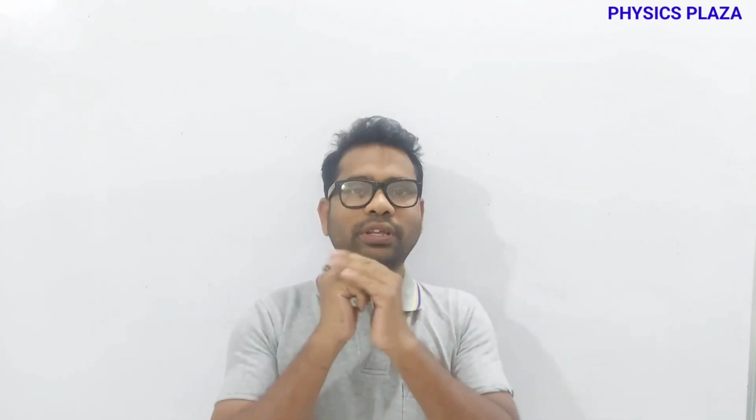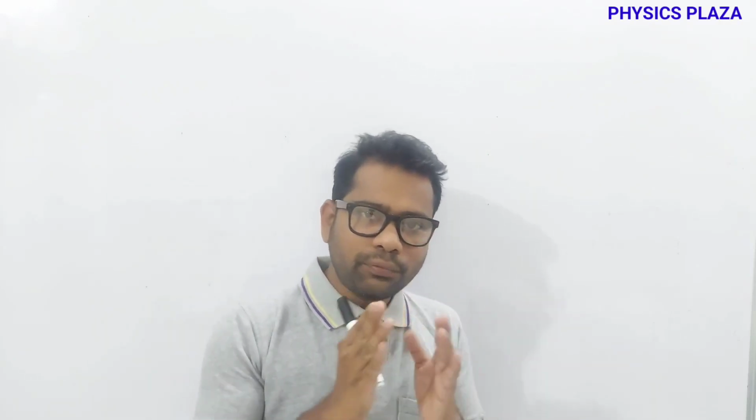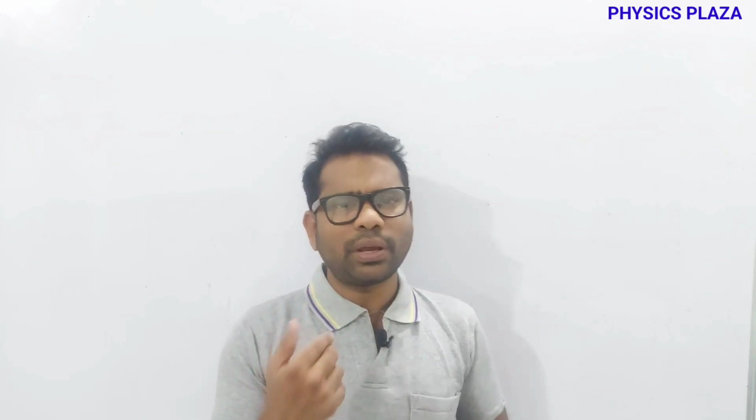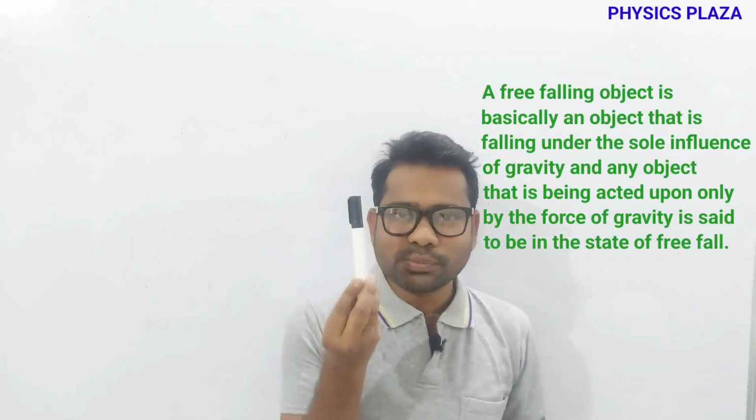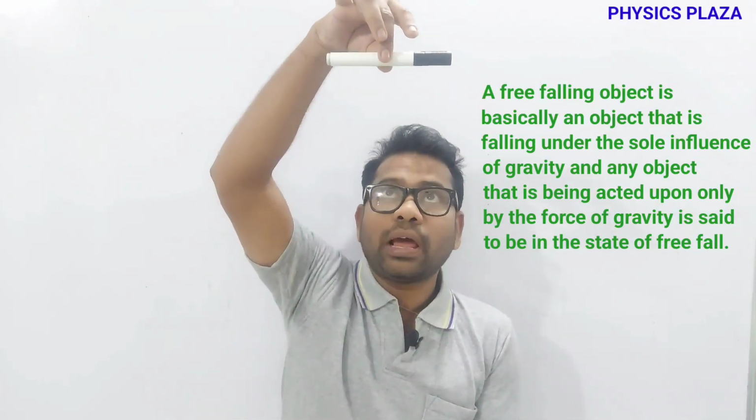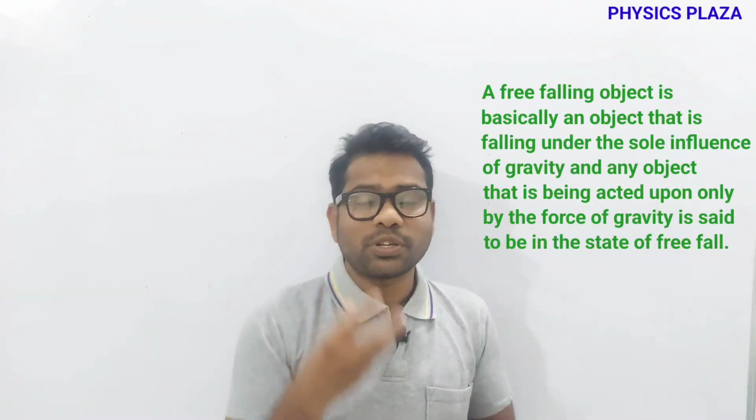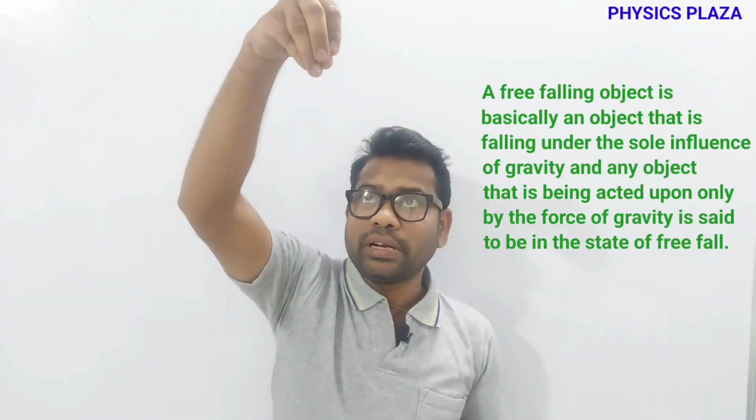Now we have to prove this for a freely falling body. Children, now you may wonder, sir, what is this freely falling body? It's very simple. Can you look at this marker? Yes, fine. Now look at this. Now if I leave this, what will happen? This is going to be a freely falling body. Am I clear? So here take this case only, or you can take any ball also. So whenever it is left,